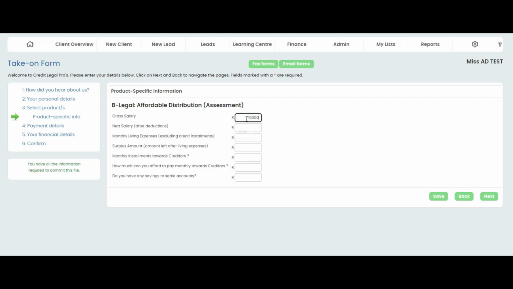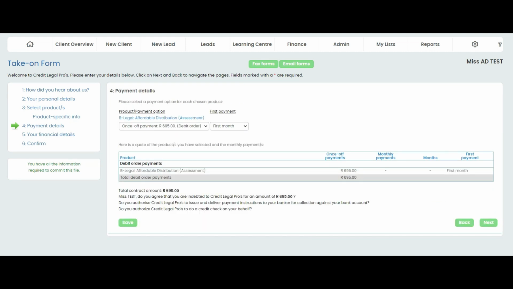When it comes to the AD assessment product, there are additional information or product-specific details that require completion. Obtain the information from the client, complete all the fields and click on Next. In Step 4, you will select the payment details for each product the client wants to sign up for. First, choose the product payment option under the product name that the client has agreed to. Then, select the month when the payment will be made. Once all the fields have been filled out, you can read the script to confirm the mandate with the client